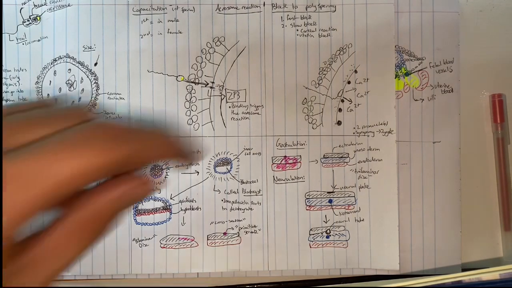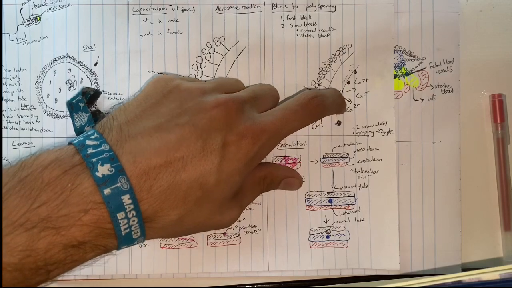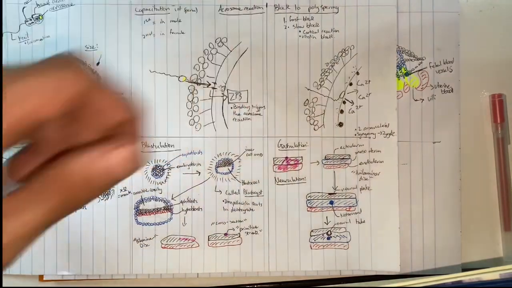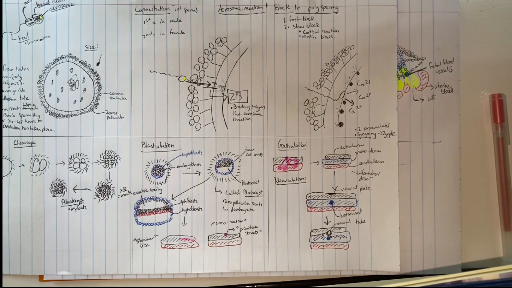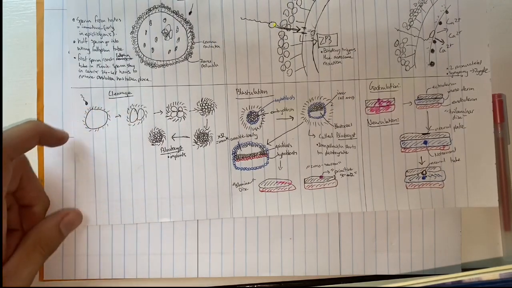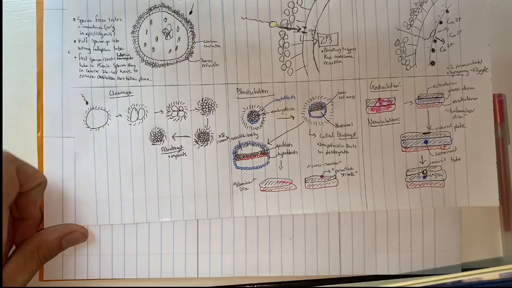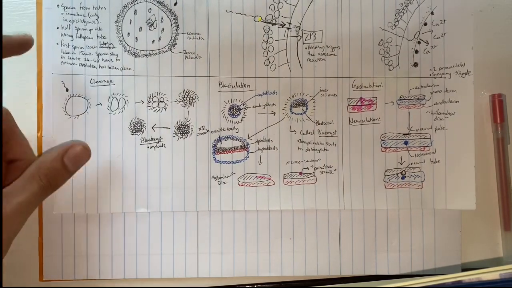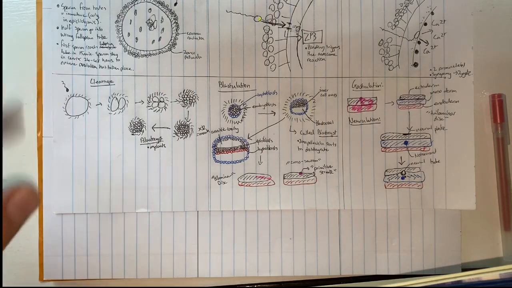And after this, the sperm head forms a pronucleus, as does the genetic material in the egg, and these two pronuclei undergo syngamy. So syngamy is basically when the pronuclei of the male and female fuse to form the zygote. Next, we've got gestation. And in order to understand gestation, we must first understand the cleavage. So here we've got a zygote, so sperm, egg, pronuclei, syngamy, and then it becomes a zygote